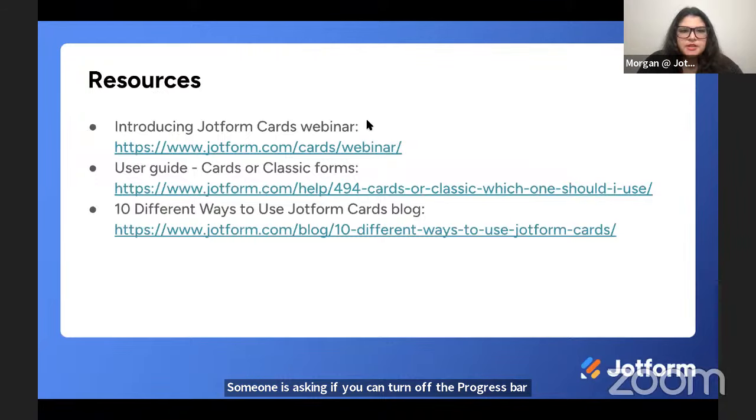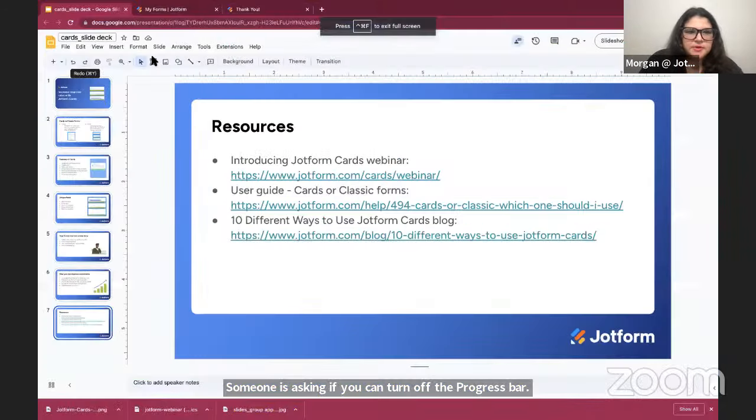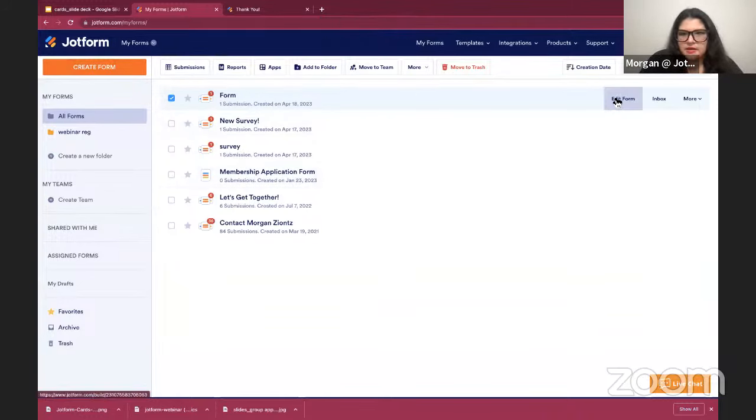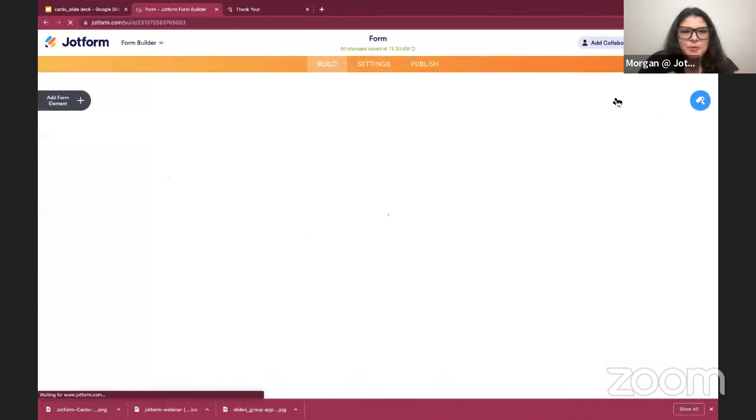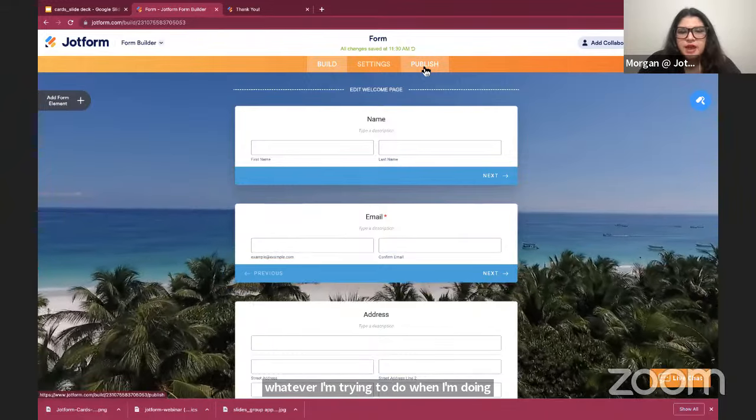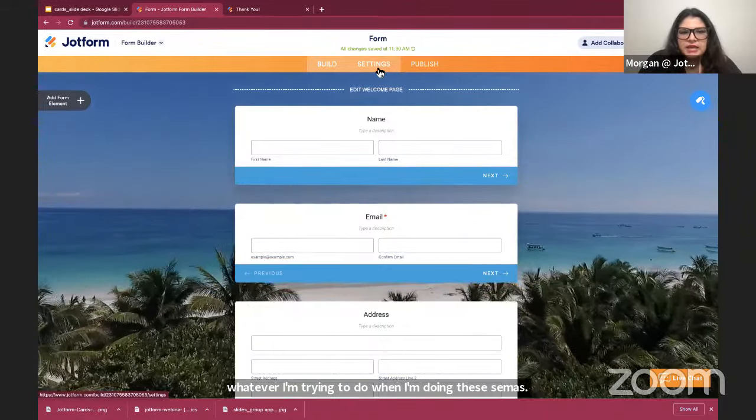Yeah. So I briefly mentioned that. Let me go back into the demo screen and I can show you where you can do that. If you do want to do that, you do have that option. Sorry, the Zoom panel is always in the way of whatever I'm trying to do when I'm doing these demos. So if you want to turn that off, you want to go into settings